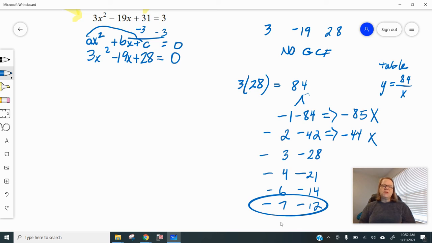Lots of times it'll come up sooner. So negative 7 and negative 12, that adds up to negative 19, but it multiplies to give me a positive 84, and that's what I needed. So I go back to the problem, and I'm going to bring down the first term, 3x squared, and then